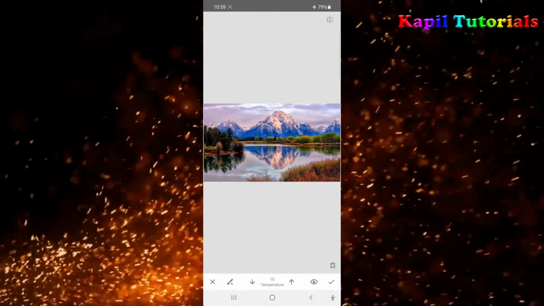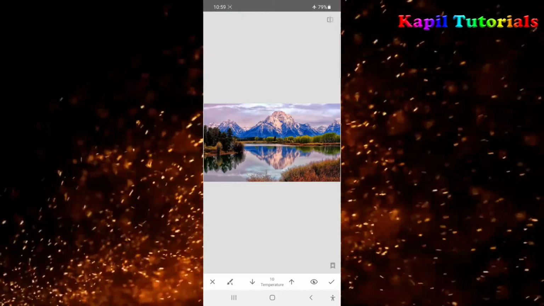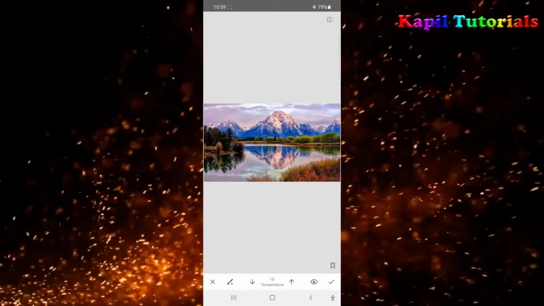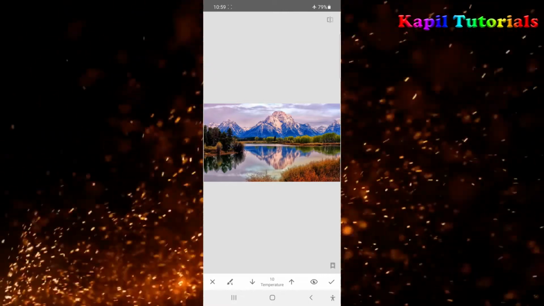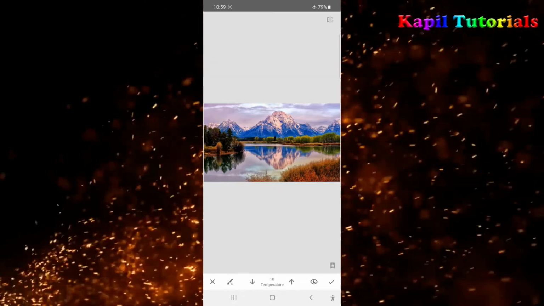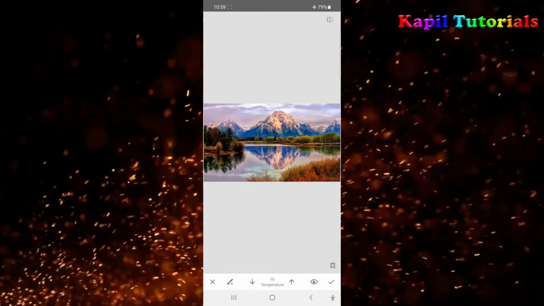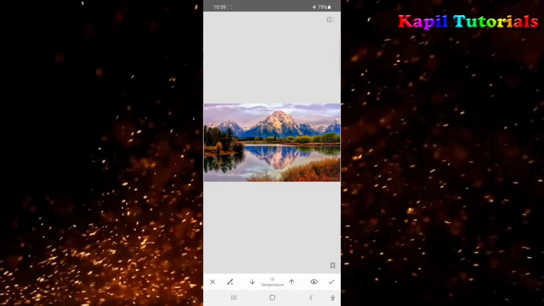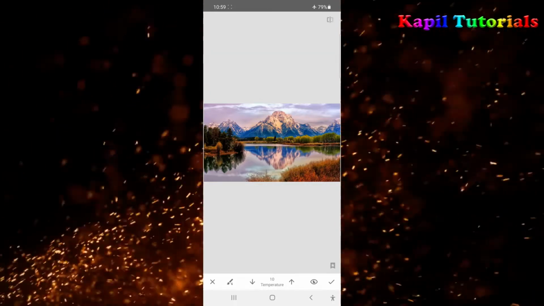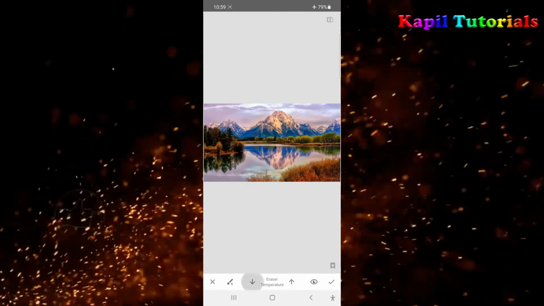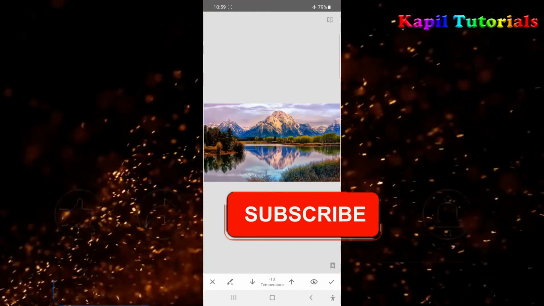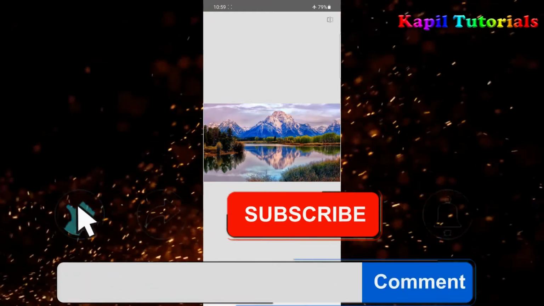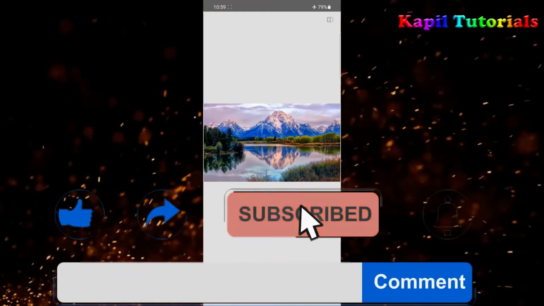So I'll click on temperature and it will increase the temperature, like in the daytime, the same effect. And the same way I can decrease it also and I can see the effect. Suppose -10. See, the temperature is less.